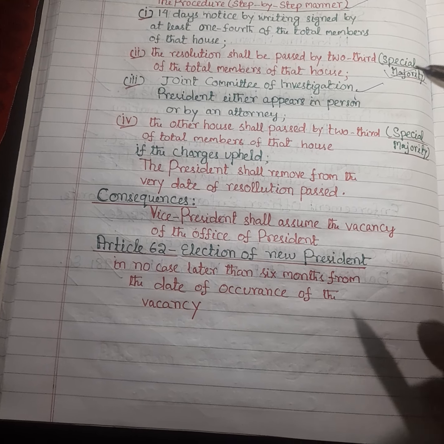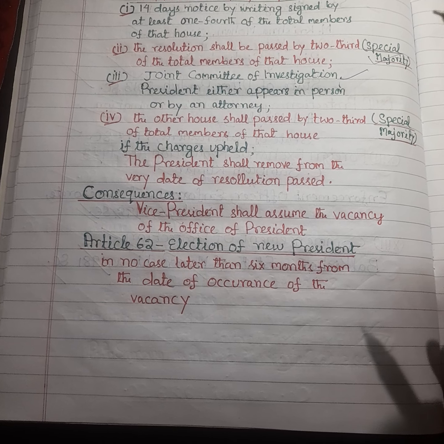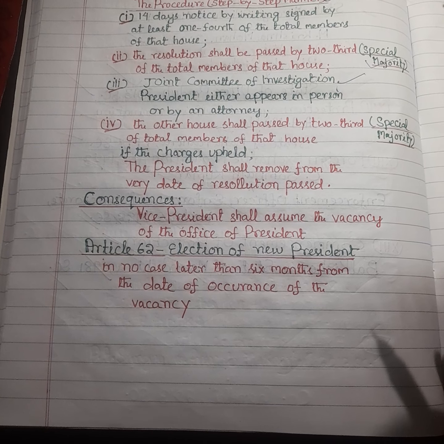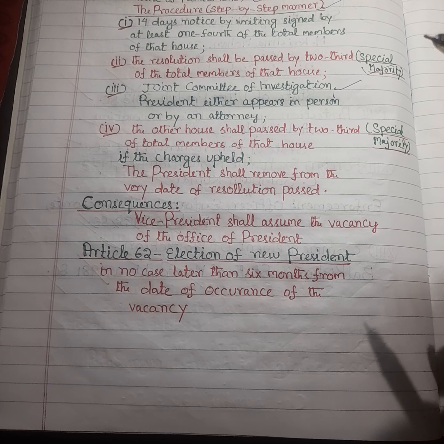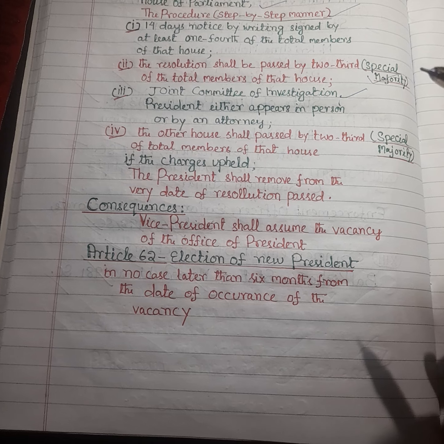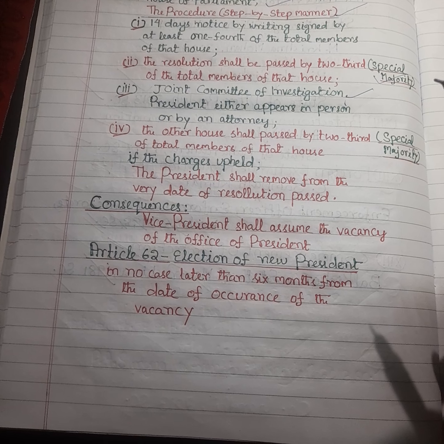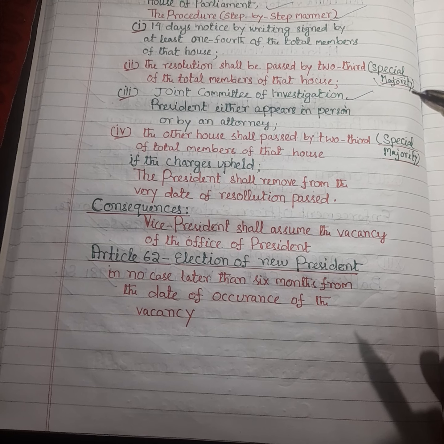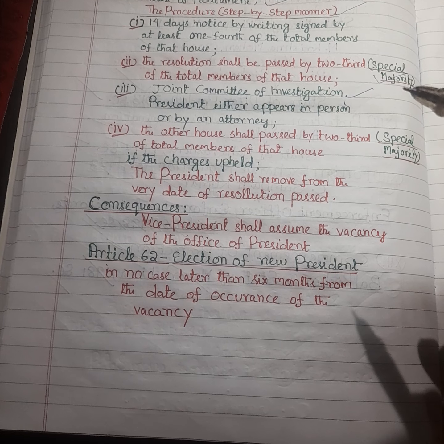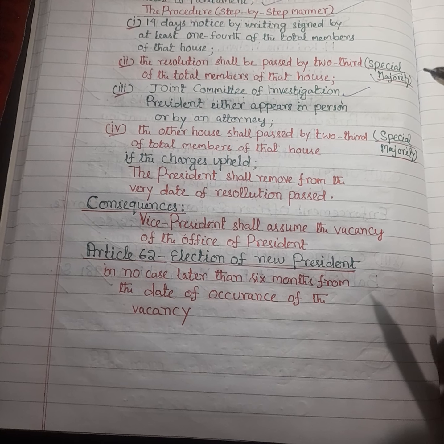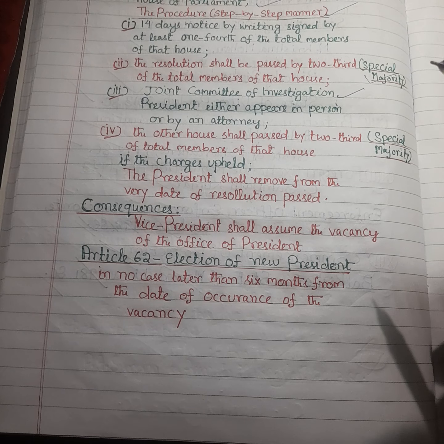And when the investigation is continuing by the joint committee on that charge, that the President violated the provisions of the Constitution, there is a facility for the President either to appear in person to present his own side regarding those charges made against him, or he can appoint an attorney to defend himself against those charges which are made against him by the House,